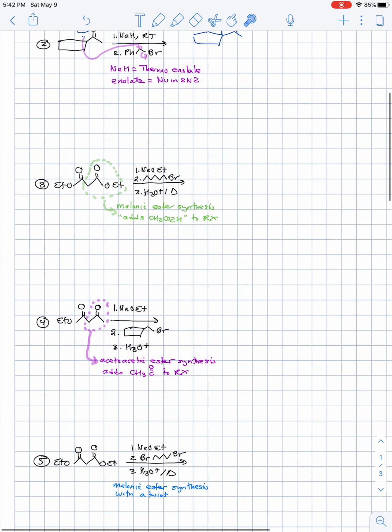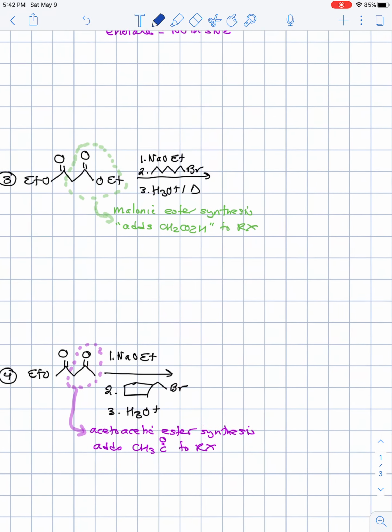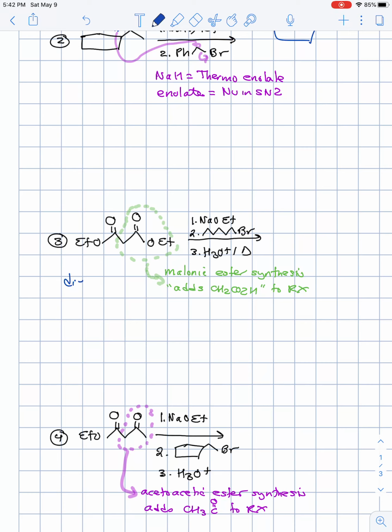So the next three concern the malonic ester and the acetoacetic ester syntheses. And here we have a reaction which is named not after a person, not after a product, but actually after a starting material. And so the two featured compounds in these, and they're really the same except for the starting material. So this is diethyl malonate, which is the ester of malonic acid. So that's why this is referred to as the malonic ester synthesis, because this compound here is diethyl